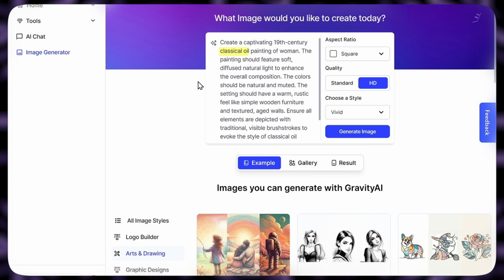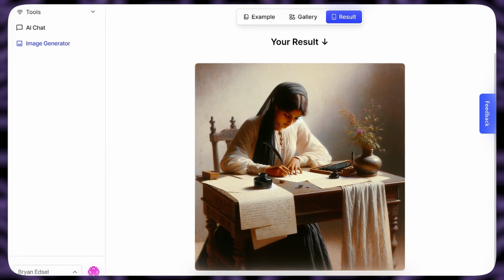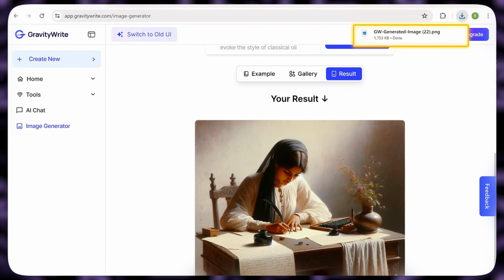I'm going to ask it to create an oil painting of a woman and click Generate Image. You can see that we have got the image of a beautiful oil painting and it looks really stunning. So let's download it. And once you've got the wall art,